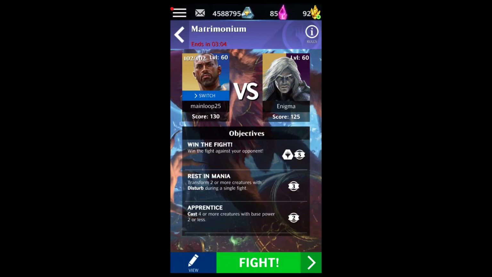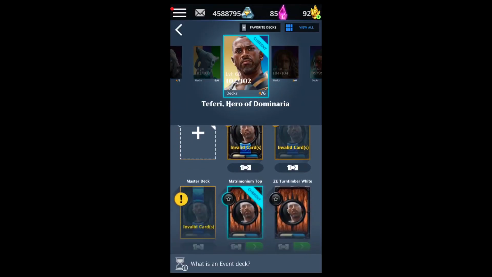Okay, so this one is by far the trickier objective, and it's not even that difficult of an objective to achieve, more or less. It's just very annoying and forces you to play with a really weak mechanic. You have to cast 4 or more creatures with base power 2 or less, and transform 2 or more creatures with Disturb during a single fight. Now, Disturb